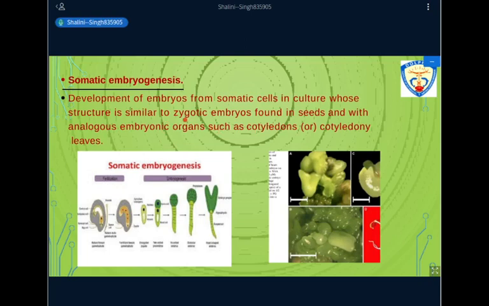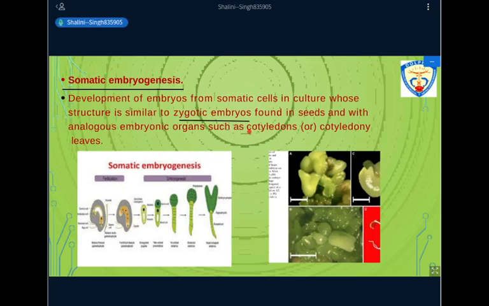So what are zygotic embryos? You might have studied about the fertilization in plants. So how does it happen? In plants, you see the flower. The flower has the reproductive organs in the plants. It has the pollens. Pollen grains are there, which are numerous in number, and then there is stigma, that is the receptive surface where pollen grain will land.